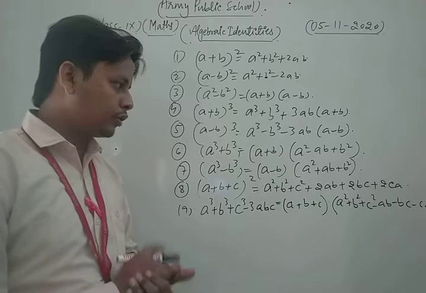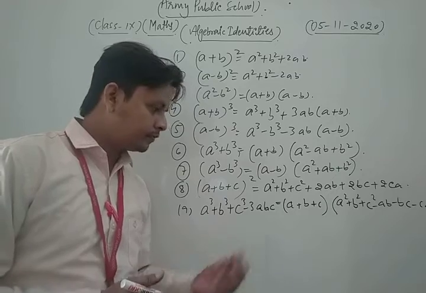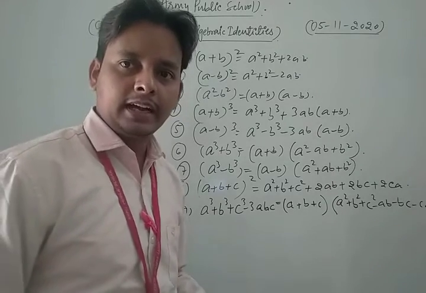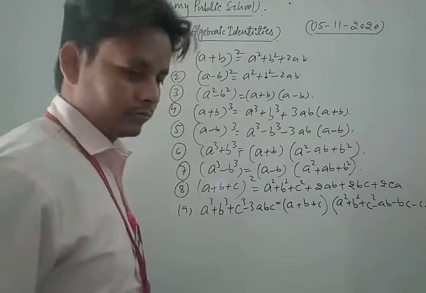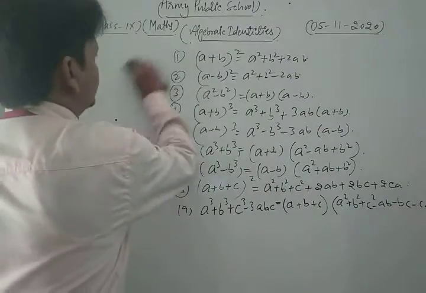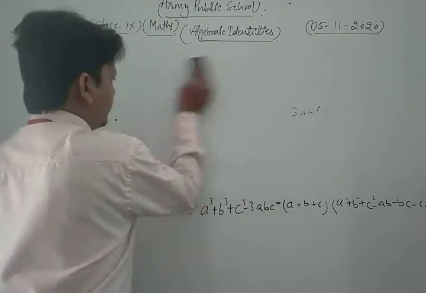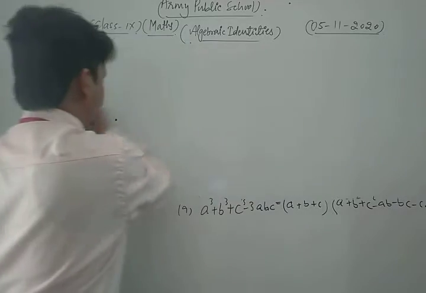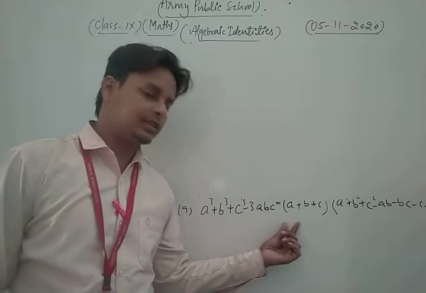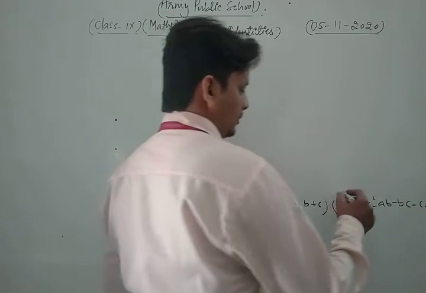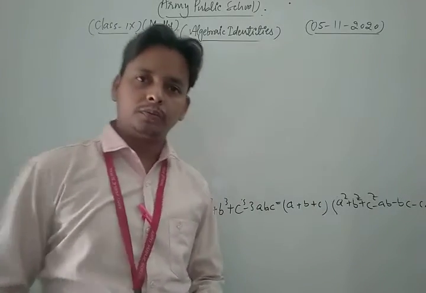Now dear students, one important thing is that first we discuss the important case of that algebraic identity. So let's take and discuss some important results of that last identity. Let's see, dear friends, look, we already have a cube plus b cube plus c cube minus 3abc is equal to (a plus b plus c) in one bracket, in another bracket (a square plus b square plus c square minus ab minus bc minus ca). Okay, now look.